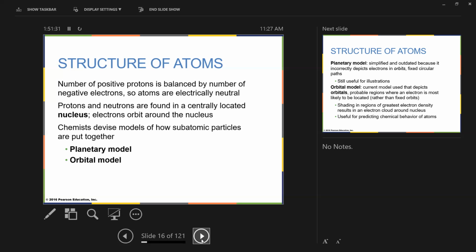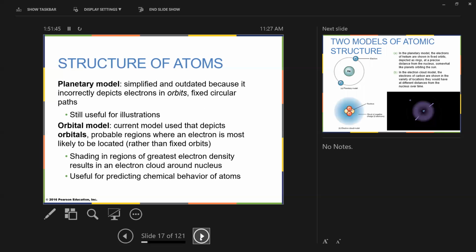It's still pretty impressive. Anyway, two models: the planetary model and the orbital model. The planetary model looks like one of those charts of the solar system we saw when we were in school, where you had the moon going around the Earth and the Earth going around the sun. It shows the nucleus in the middle and the electrons in orbit around that. Usually it shows the nucleus as one solid ball, and it has one or two or half a dozen electrons spinning in various shells or orbits around the